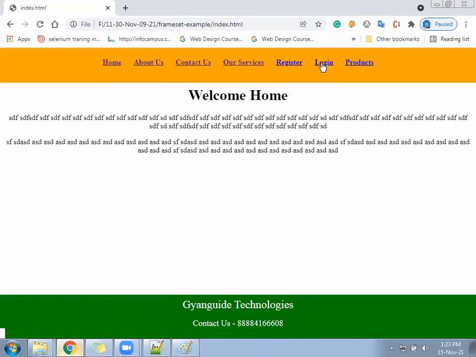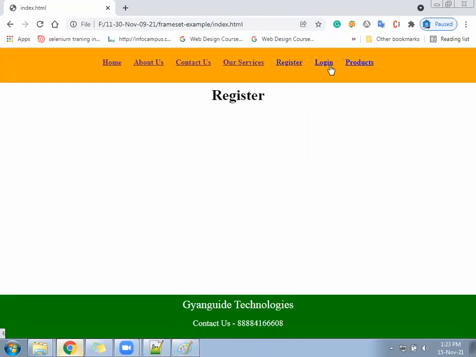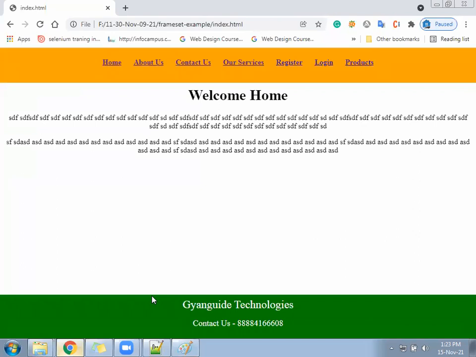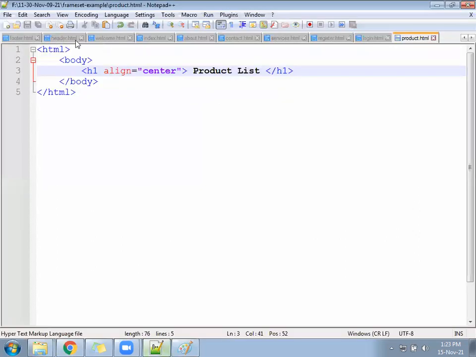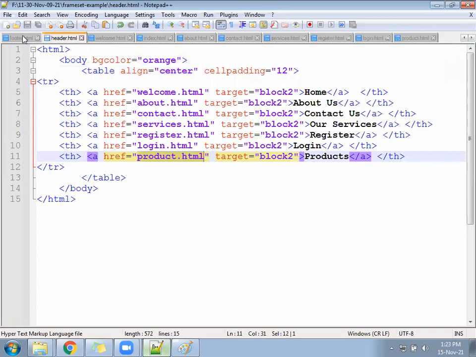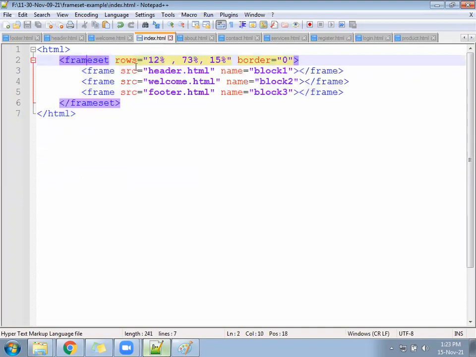Login, register, correct. So we got some idea on how the frameset works, how to create the page and divide the page into multiple blocks. Please check and confirm once all the pages are working, or if there is any error.